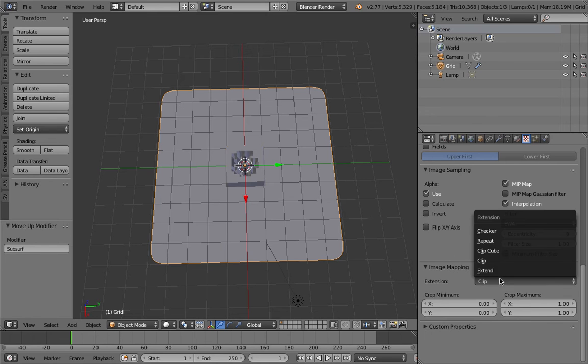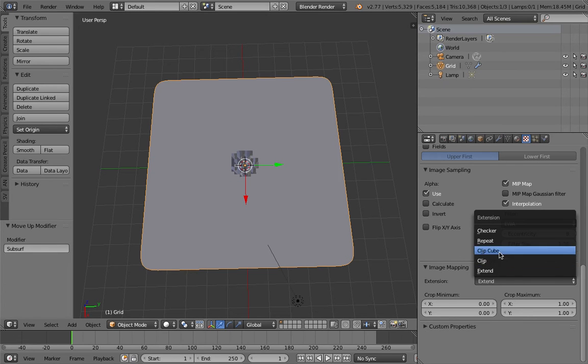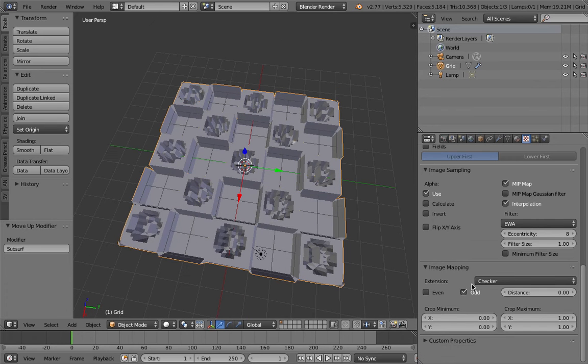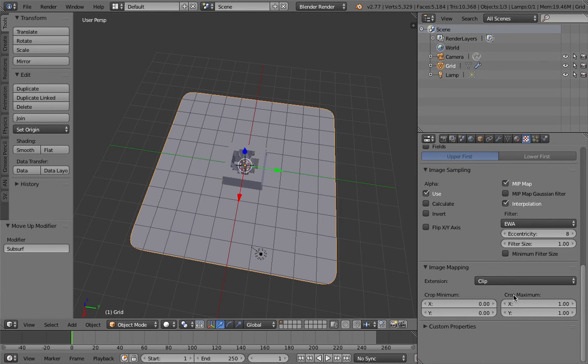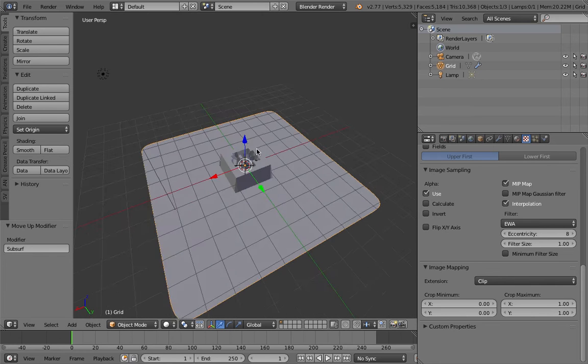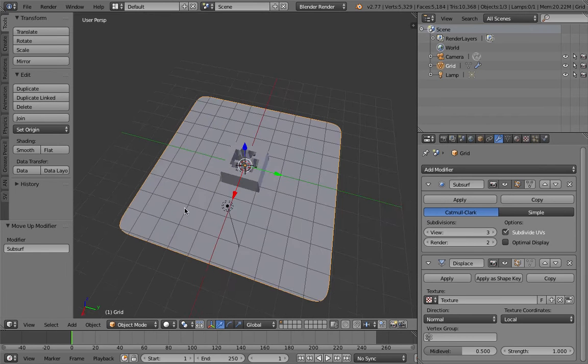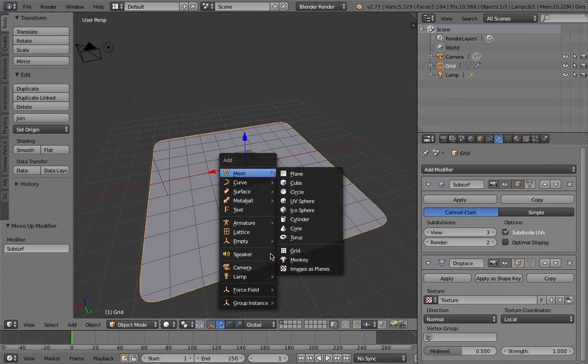Clip is actually probably better. Extend, clip, cube, repeat, checker. No, I'll deal with this later, but as you can see, we can have this kind of real-time effect,